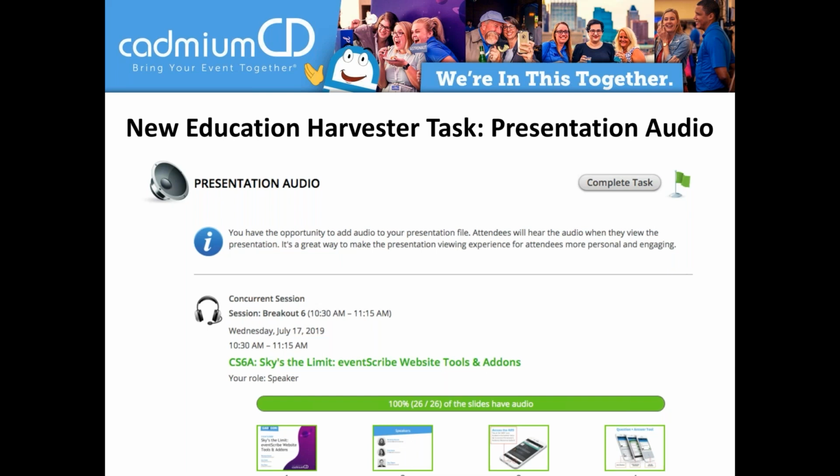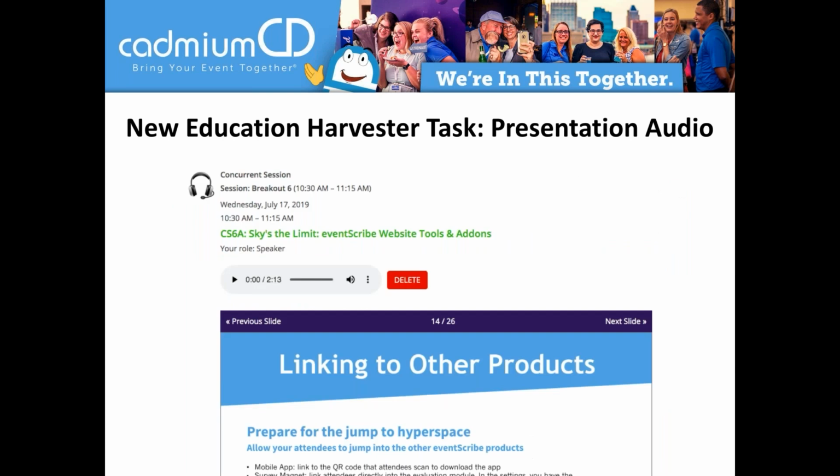Now, in order for them to get started, all they have to do is click on a slide, and they get to a screen that looks like this, where they see a recorder, and they have the ability to see the slide itself. So in this case, we're on slide 14. I've just recorded the audio. If I wanted to re-record it, all I would have to do is hit delete. A message would come up asking if I really do want to delete the audio,